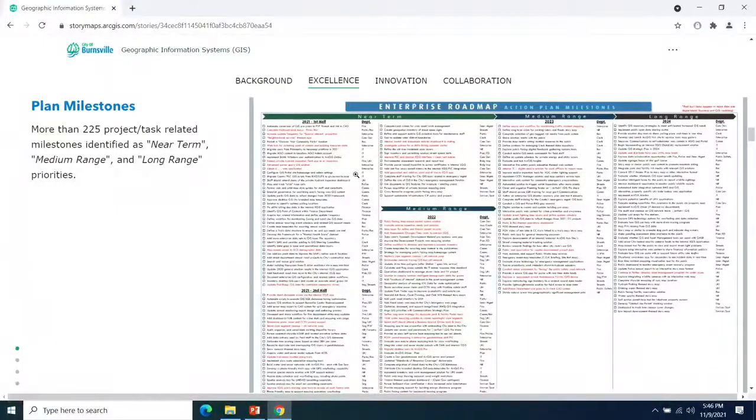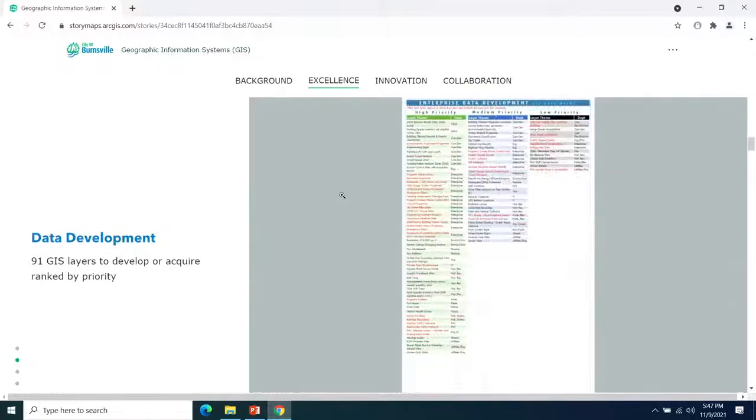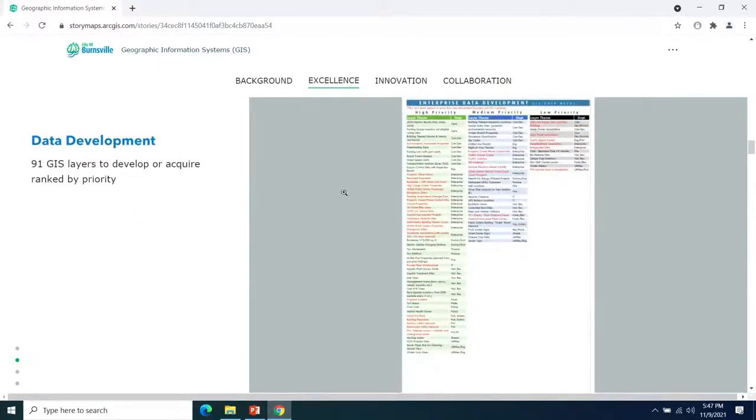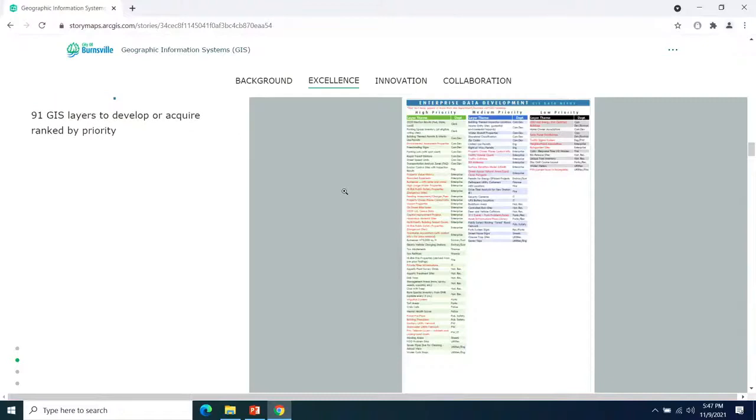So there were 225 tasks that were identified in that enterprise roadmap, and we classified them as near-term, medium-range, or long-range targets for completion. We also identified 91 new GIS layers that we need to develop, or staff would like to have developed. Some of those we need to develop on our own. Some of them are externally sourced layers that we would need to go out to another agency and acquire, which